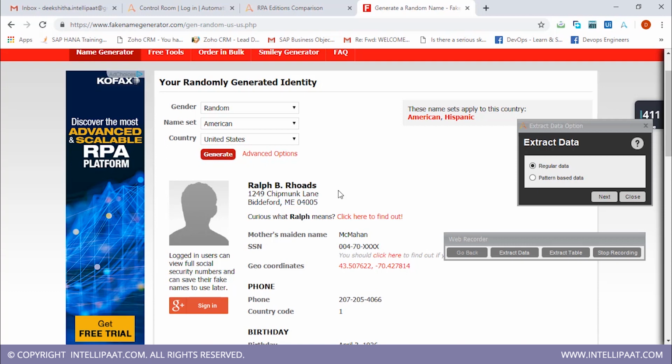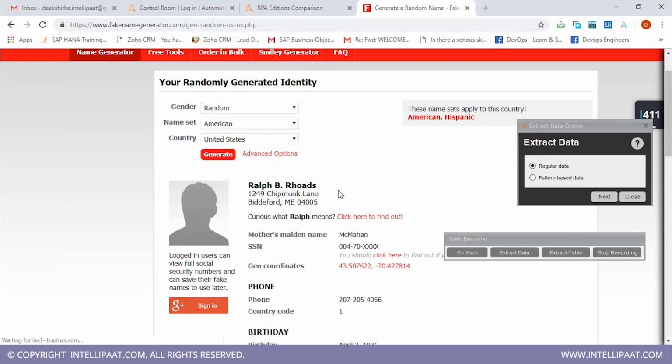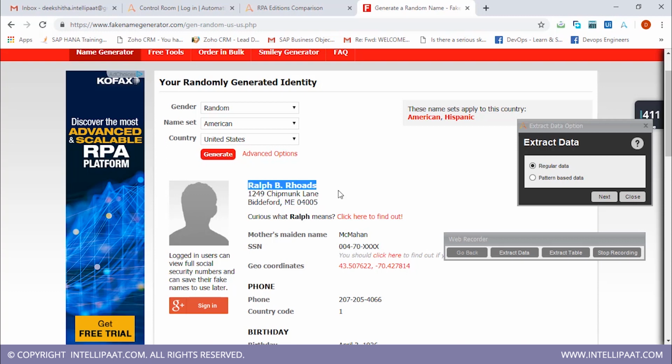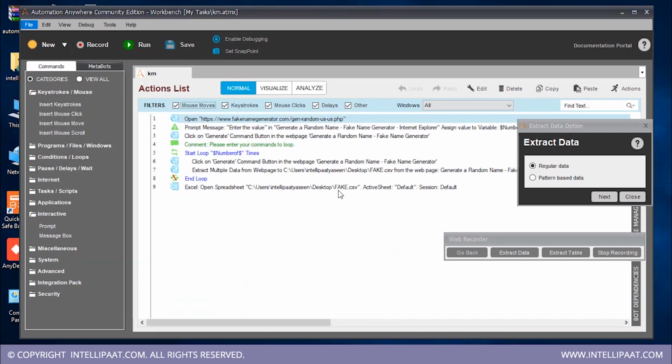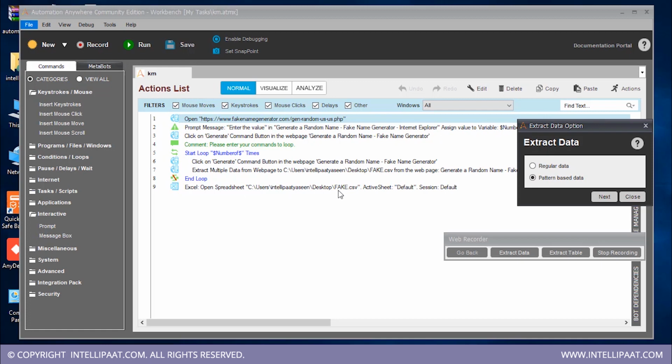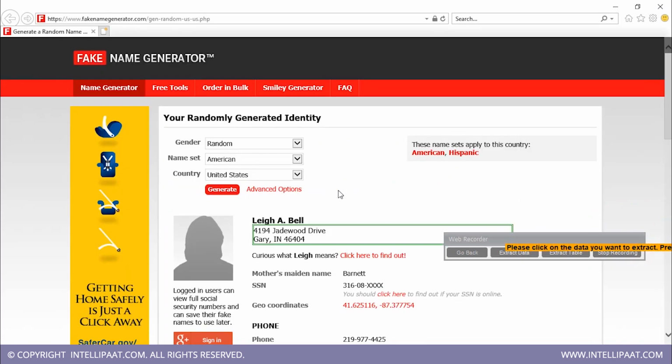Even if you click on generate, the new name has a particular pattern at which it occurs. The data might vary, but the coordinates where that particular information occurs always have a particular sequence. So that is pattern-based data. I'm going to click on pattern-based and click on next.